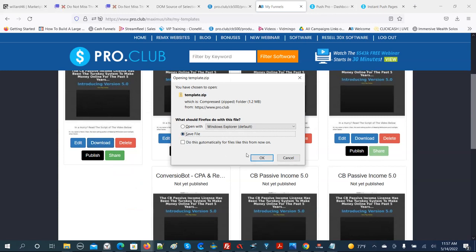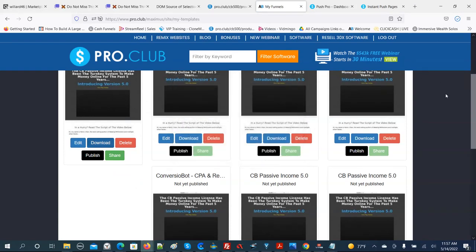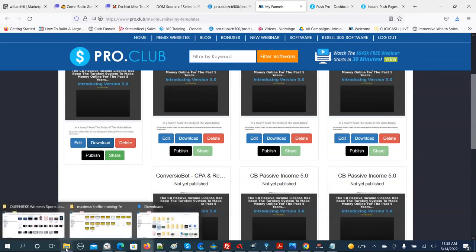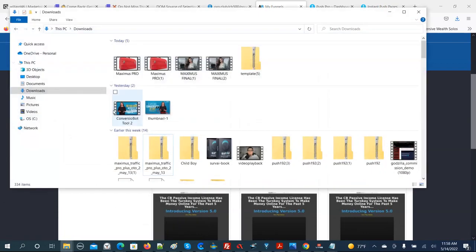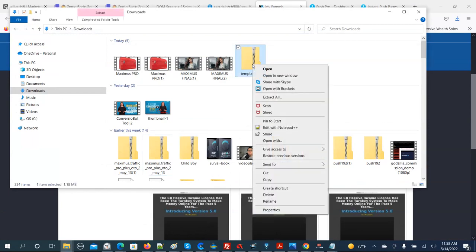It's going to come in a zip file. And if you watch the Maximus training, you'll understand how this works. So I'm going to save it. And it'll save as a template. So now I'm going to go to my downloads folder. Get rid of these. And you can see the template is right here. So I'm going to highlight that, and first thing I'm going to do is rename it